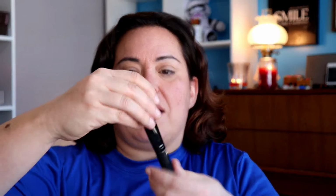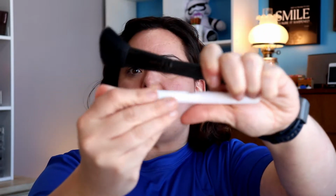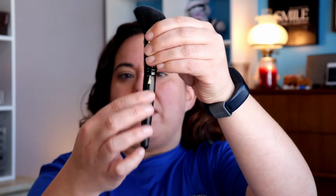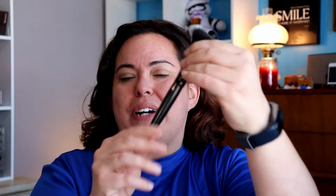And just so you guys know, the reason why I have taken to the Wet n Wild brushes, they're new on the market, but you don't have to use Wet n Wild. Yeah, here's one from e.l.f. that is very similar in shape, and that works just fine. But Wet n Wild happens to be one that I have the most of. I know they're affordable, they're on the market, and they do well. And they're all plastic. Now these e.l.f. ones, they're wood in the black, and they kind of, well, you see what they're doing. So, once again, I'm going to go in and blend things out a little bit more with no more